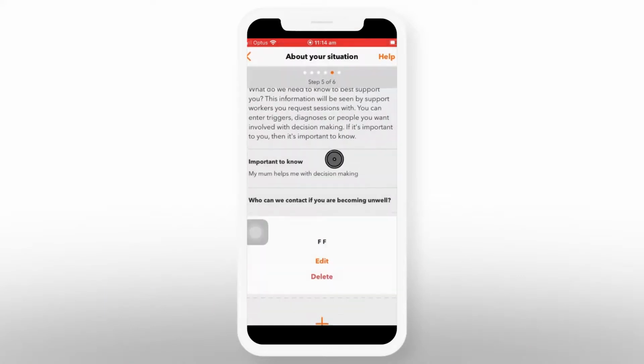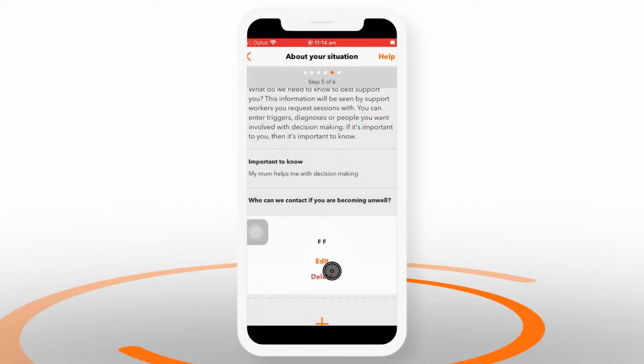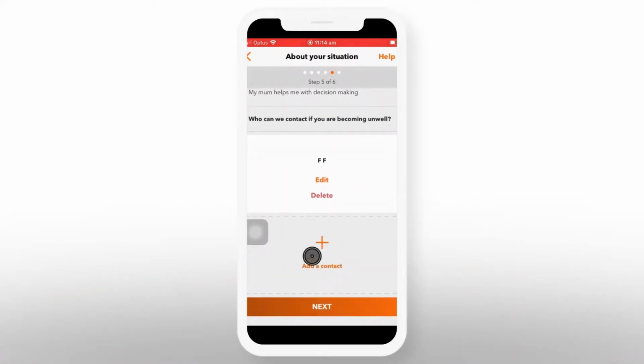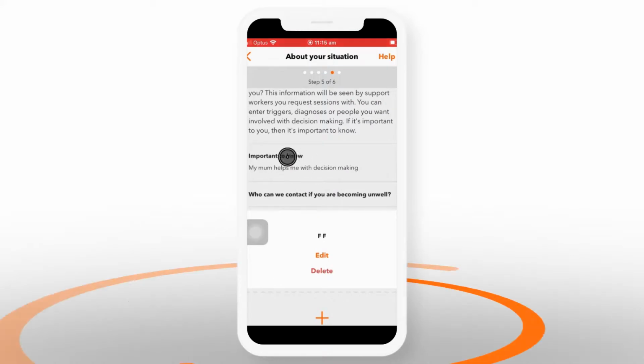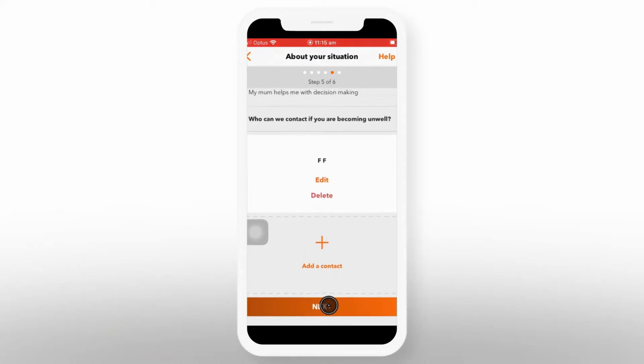So that's set my mum up as a contact. I could then add any other contacts that I want if I want you to call my psych or my brother or whoever. You can add those all in there. If you add someone, it's really good to let us know in the important to know what circumstance you want us to call them in. So I'll hit next,